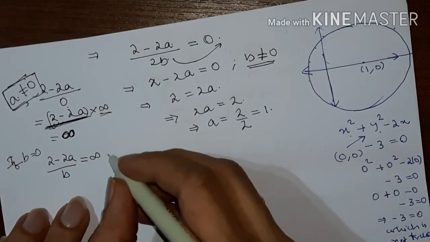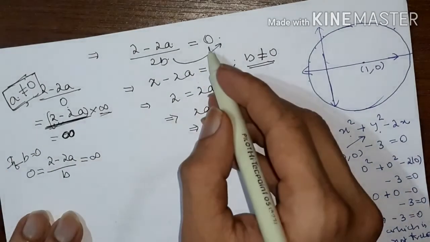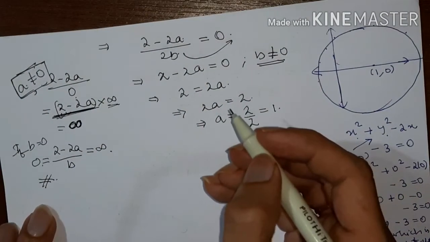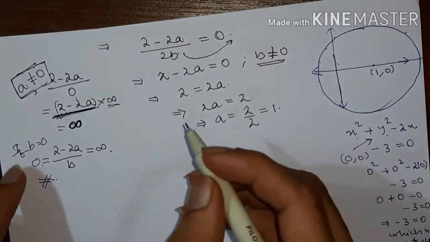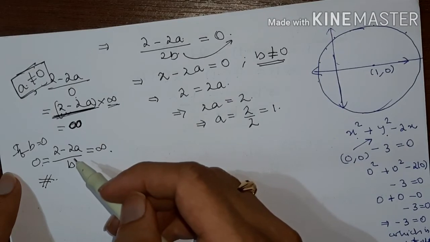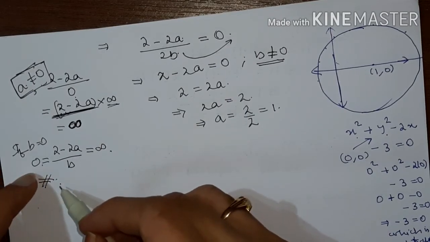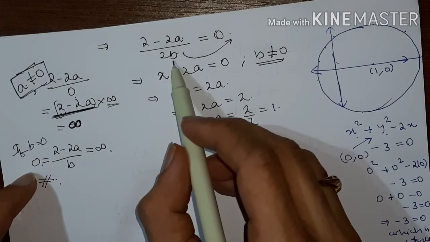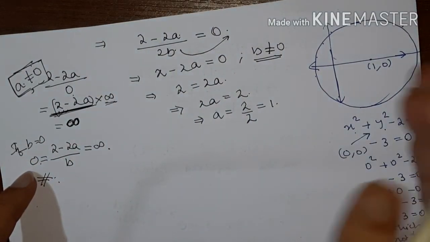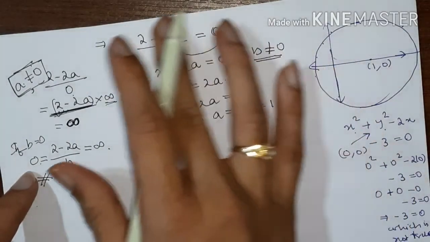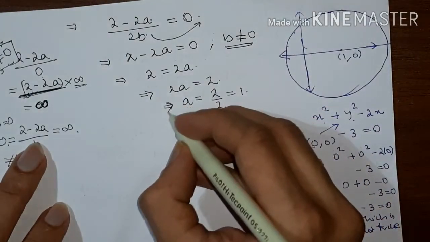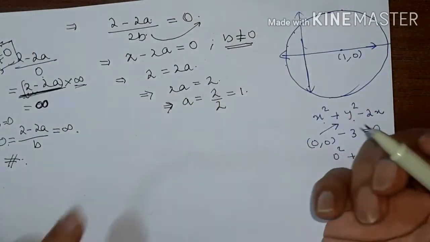Okay, and what you will get? This equal to 0. So you will get 0 equal to infinity, which is a contradiction. So if b is equal to 0, you are getting a contradiction. So that means b is not equal to 0. Okay, that means b is not equal to 0 if this happens. Okay, so that means what? By doing this you get a equal to 1,